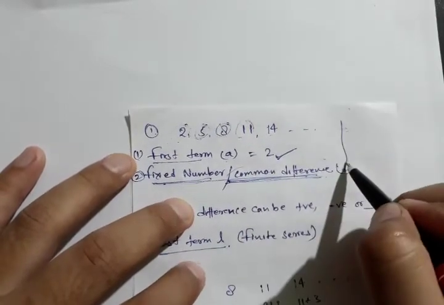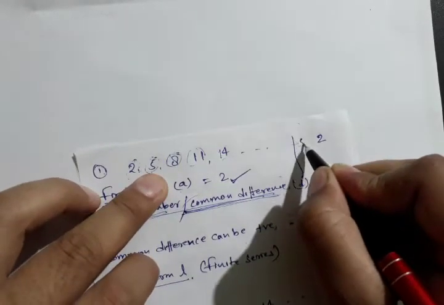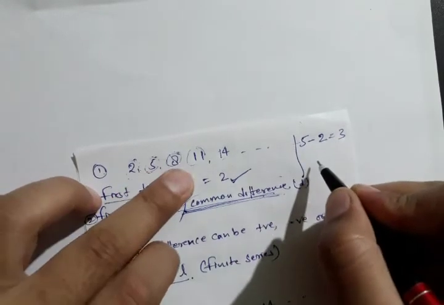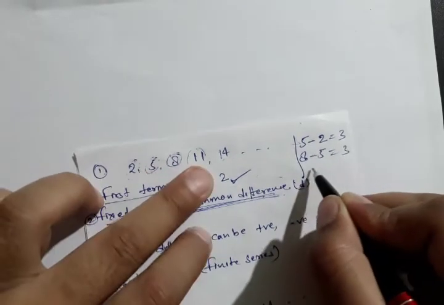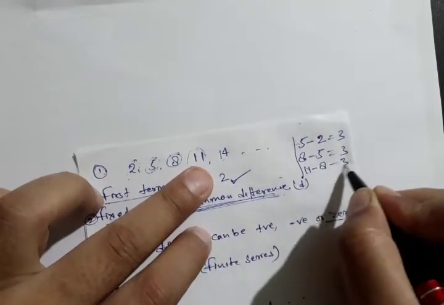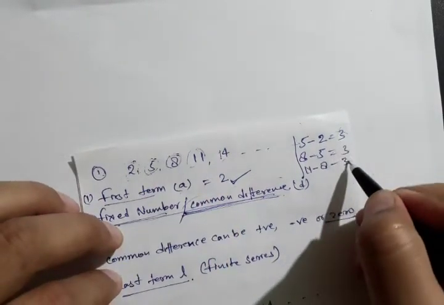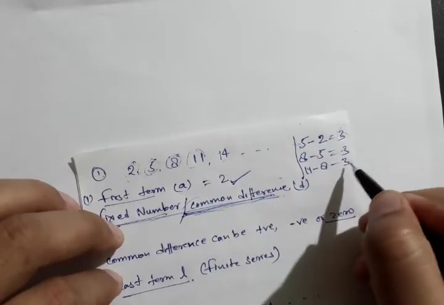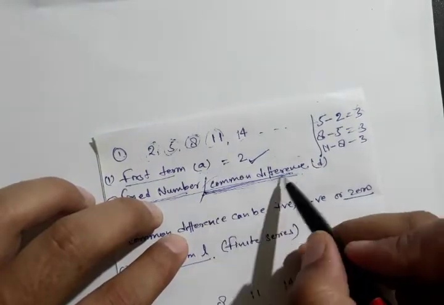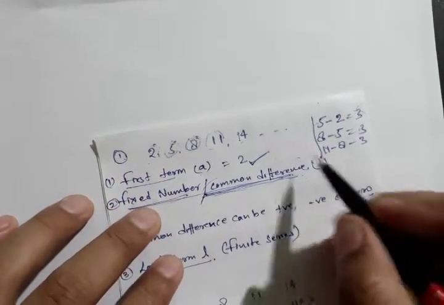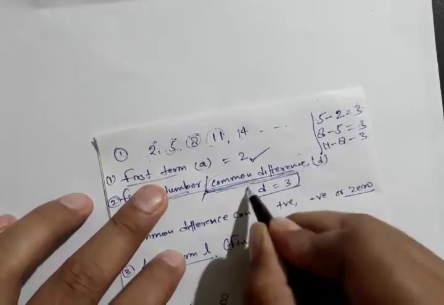So for example, here our preceding term is 2 and our succeeding term is 5. So 5 minus 2 is 3. Similarly here our succeeding term is 8 and preceding term is 5. The difference is 3. Similarly 11 minus 8, 3. 14 minus 11, 3. So every time this constant difference is 3. So this is known as the common difference because it is common for all. For each and every succeeding and preceding term, this is 3. It is represented by small d. So for this AP, small d is equal to 3.